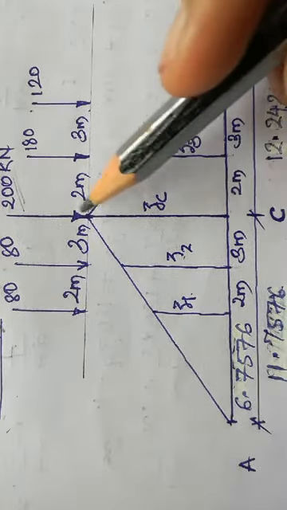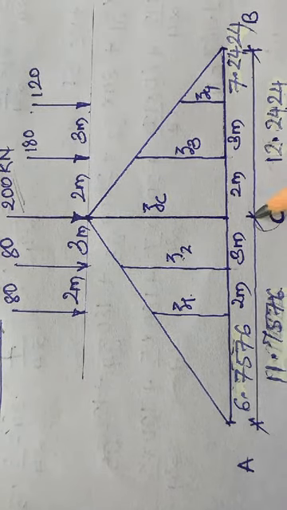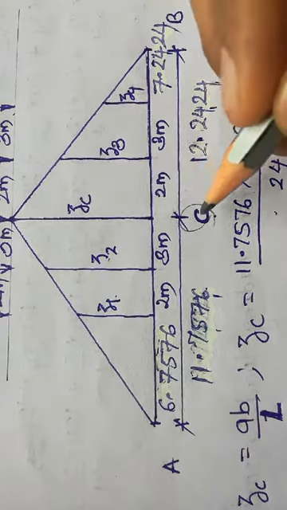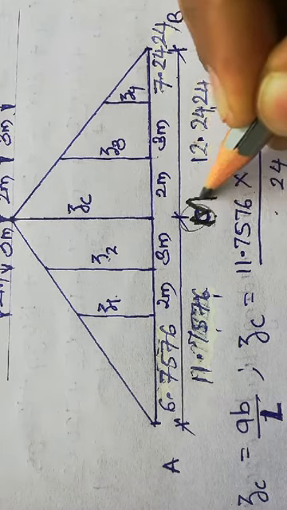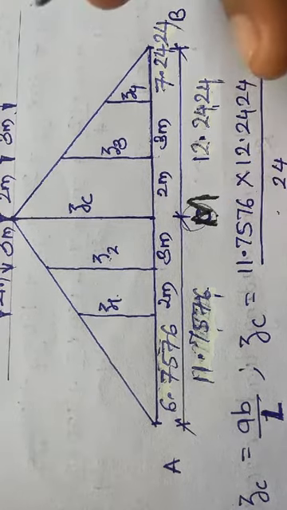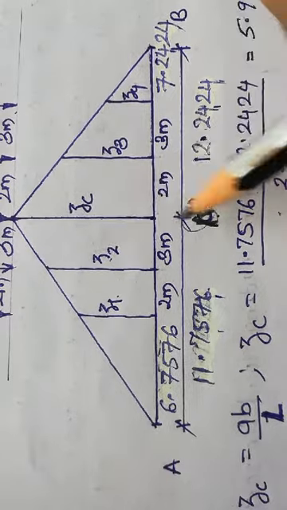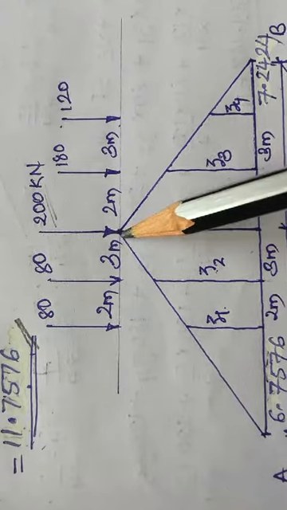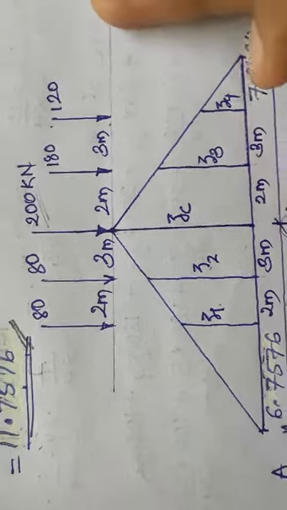So place that point at C. Instead of C let us say M, because in the problem they have said C is 12 meters, so don't confuse with that nomenclature. You can give any variable as M. So let us give it as M. Now at M you have the maximum ordinate, because the maximum load is acting at this point. So rearrange all the loads and their distances respectively.